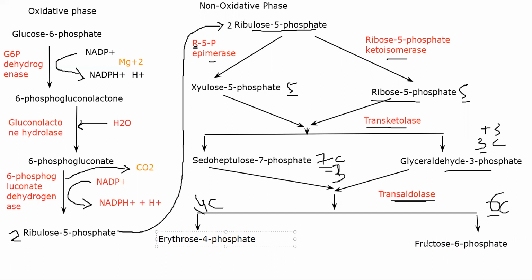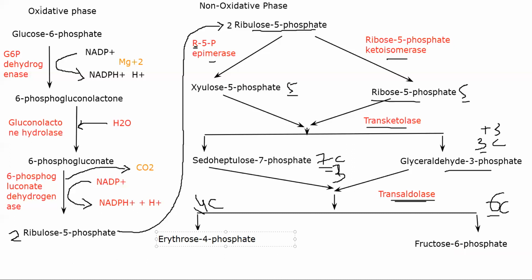Now fructose 6 phosphate can actively go and participate in glycolysis and the citric acid cycle. That is an alternative to glycolysis. That is how HMP shunt is linked to both glycolysis and TCA. You'll understand in a little bit how erythrose 4 phosphate, because the reaction is not done, will again undergo a few reactions.